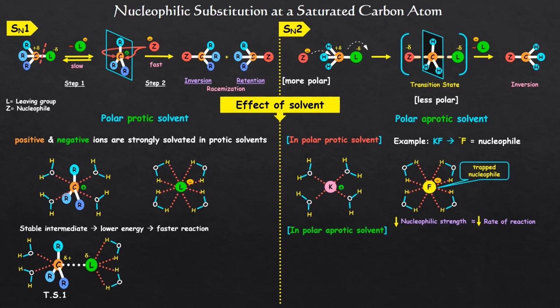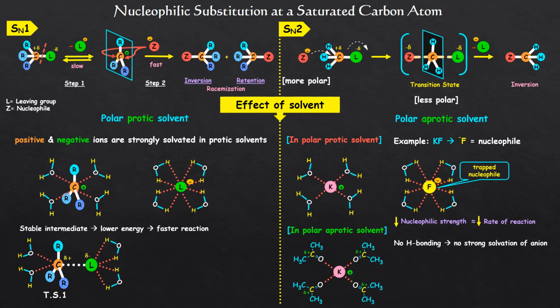Now, if we replace this protic solvent with aprotic solvents like acetone or dimethyl sulfoxide, then the rate will be increased. Let's see how it is happening. Similar to the protic solvent, here also the cation is solvated by the delta negative oxygen atom, but unlike the protic solvent, it does not solvate the fluoride ion. Though we can see the delta positive charge on the carbon atom, so we may assume that it can stabilize the anion, actually such interaction is not happening because this delta positive atom is sterically crowded.